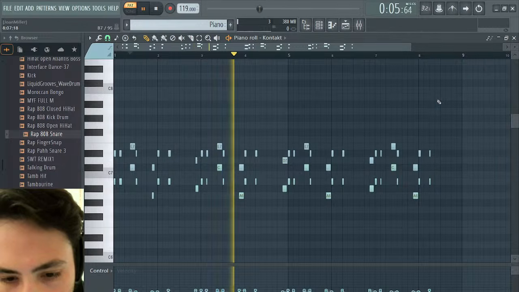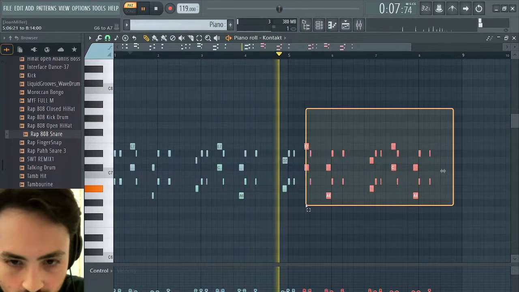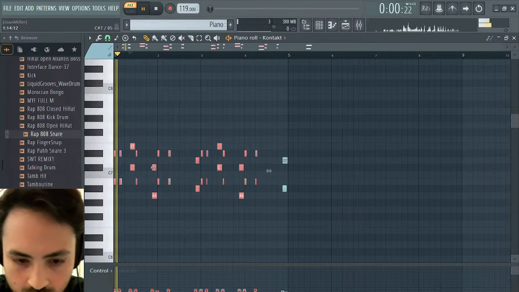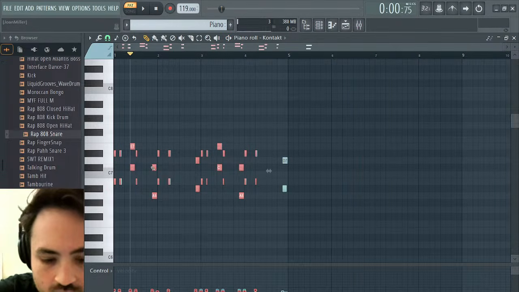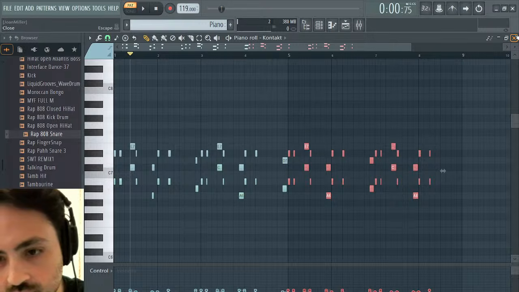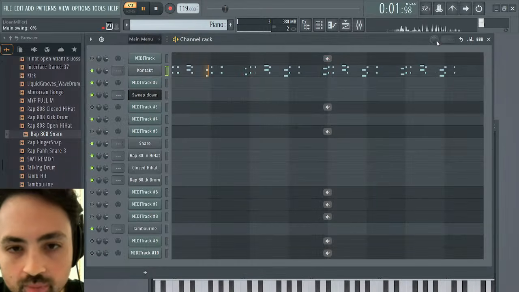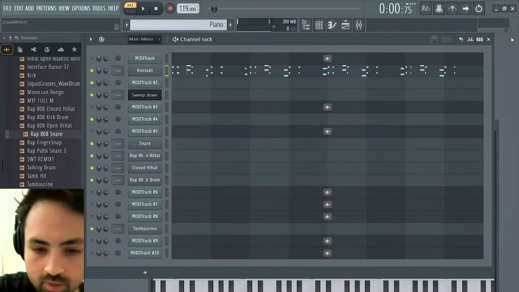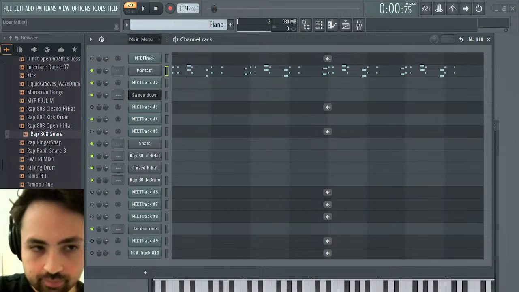Yeah, it actually is an 8-bar loop. Because if you move this over, you get different lengths and different velocities, even though they're the same notes pretty much. Nice. Okay, so